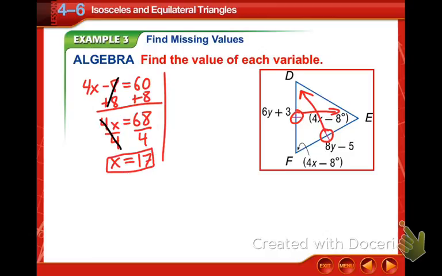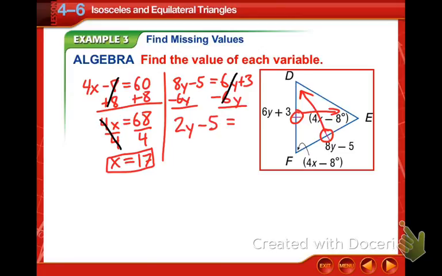Now, y, a little bit different. We know the two sides are congruent, but they're different expressions, so we need to set them equal to each other. 8y minus 5 equal to 6y plus 3. We subtract 6y from both sides, so really we're just adding this one step in for this problem compared to the last one. So we have 2y